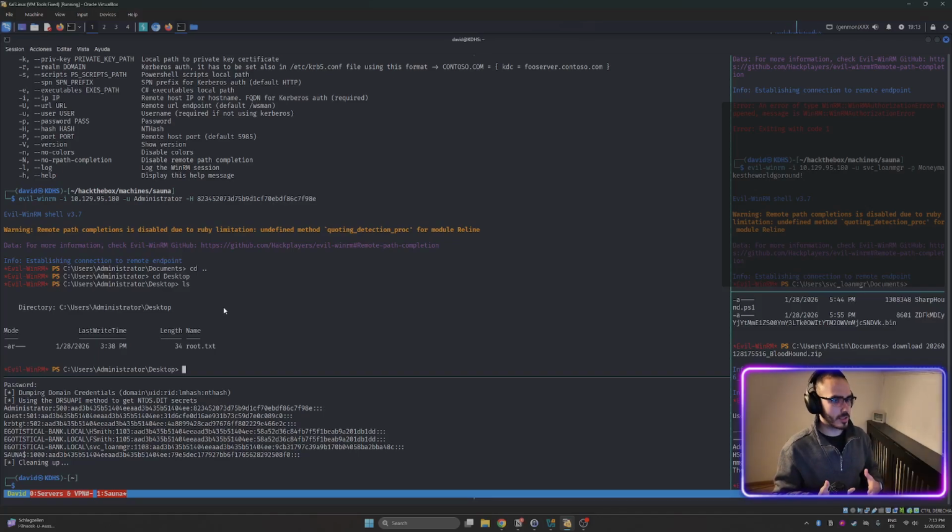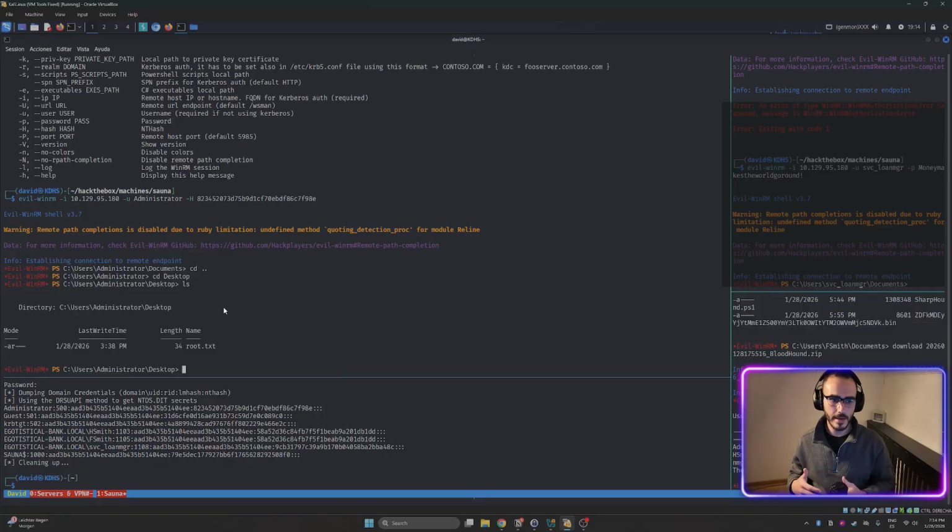Also, we did enumeration with BloodHound, using the collector SharpHound in the PowerShell version, and we were able to load the information into BloodHound, and we found that the user SVC loanmgr had